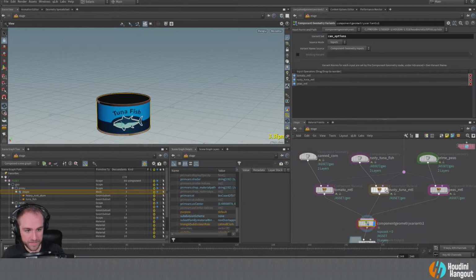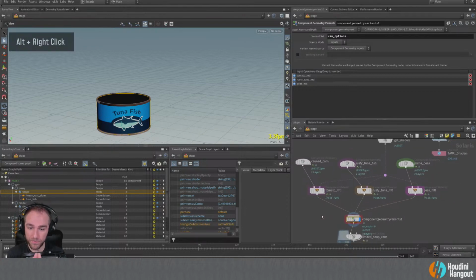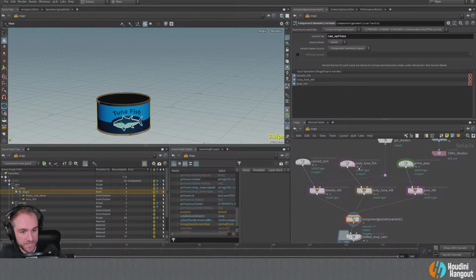So each object that's going into this component geometry variants node is going to be set as its own variant on our USD primitive. So now we can actually change which option we want at any point downstream once we save this out to disk. So this step right here turns each of these component geometries into an individual variant.